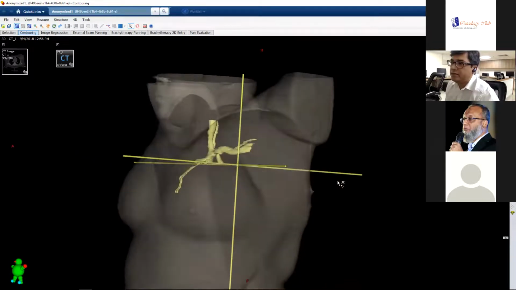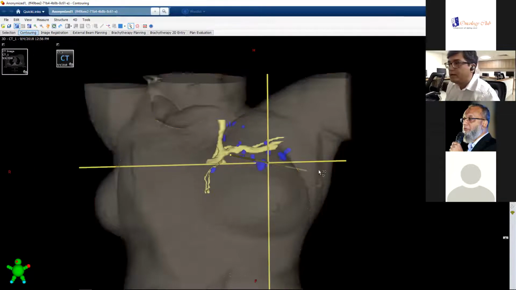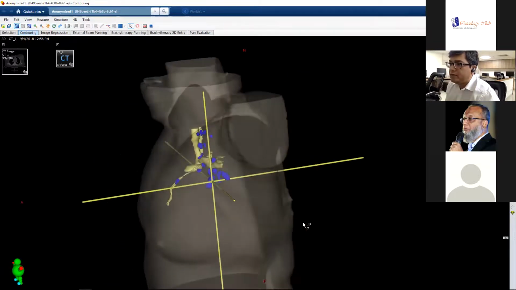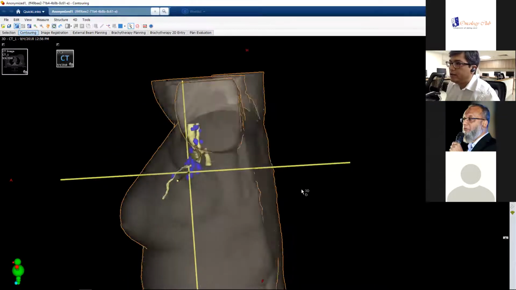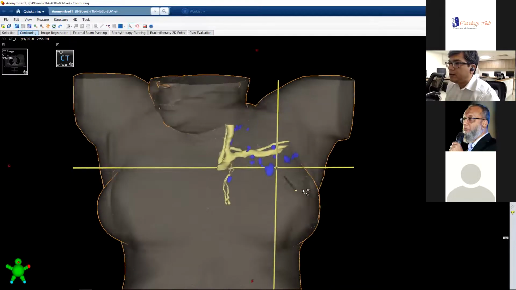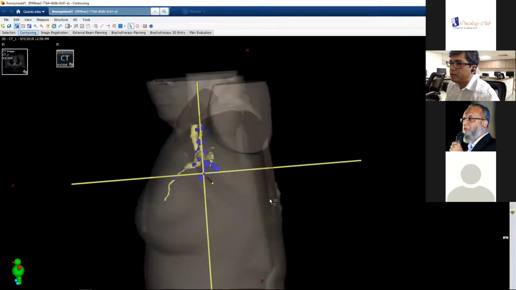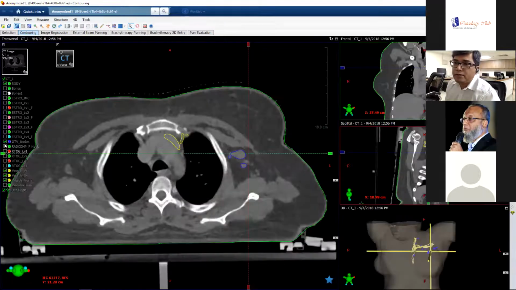The reason I chose this patient was that she had a skin infection and non-pathologically involved nodes. As you can see, I have a structure here by the name of GTV nodes, and these are all non-FDG avid inflammatory nodes. They all have a fatty hilum, but you can see that a lot of these nodes are running around the vasculature, quite a significant number of them. And the reason that's important to know is